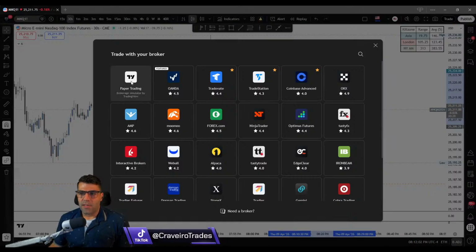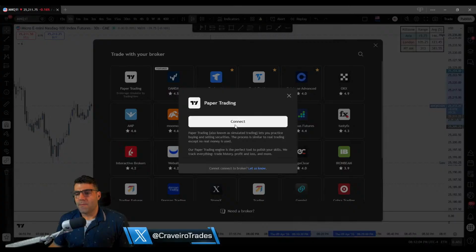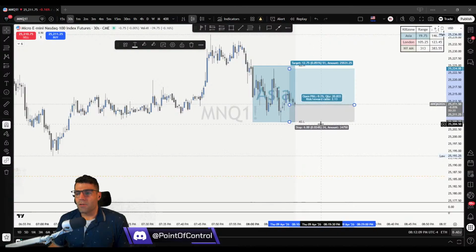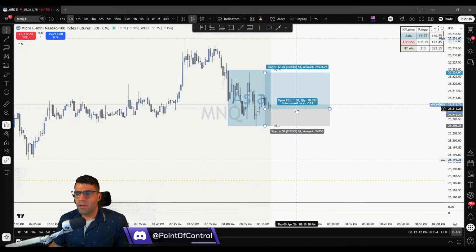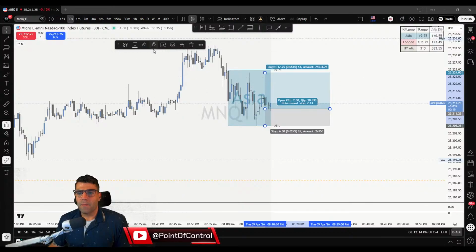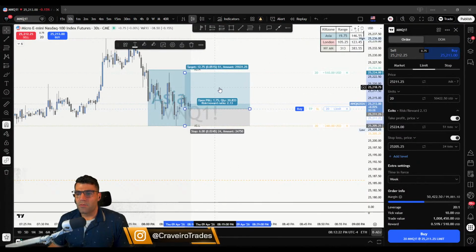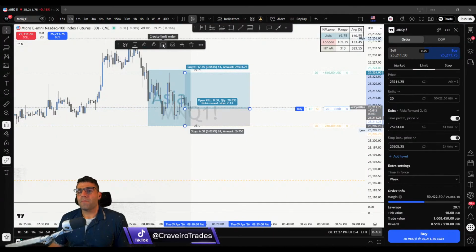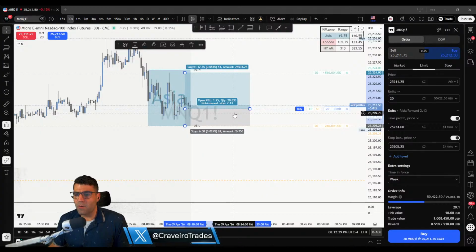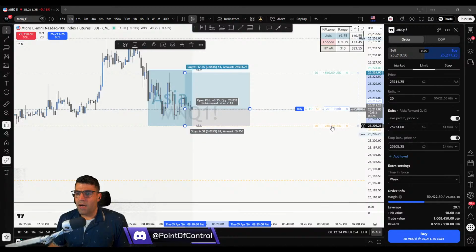So tonight we're going to go over paper trading. This is a phenomenal tool to help you learn. So you can go ahead and connect paper trading. What that means is that we could, in a hypothetical, see how I just clicked that button, which was right here, and that said create limit order. All right, and when I created a limit order, this is not executed yet, but I can go into these settings